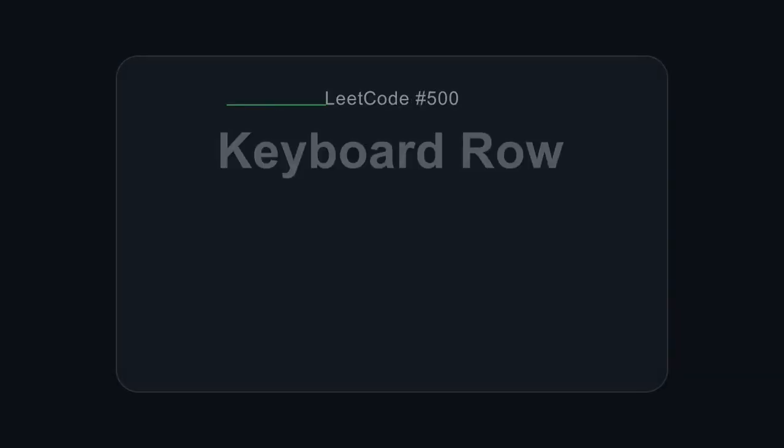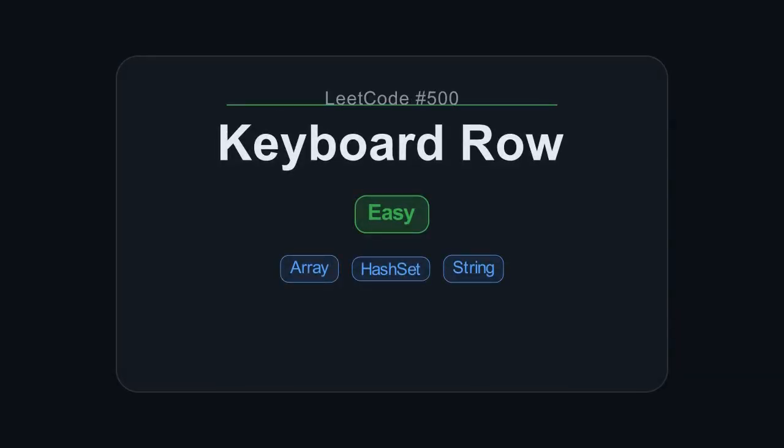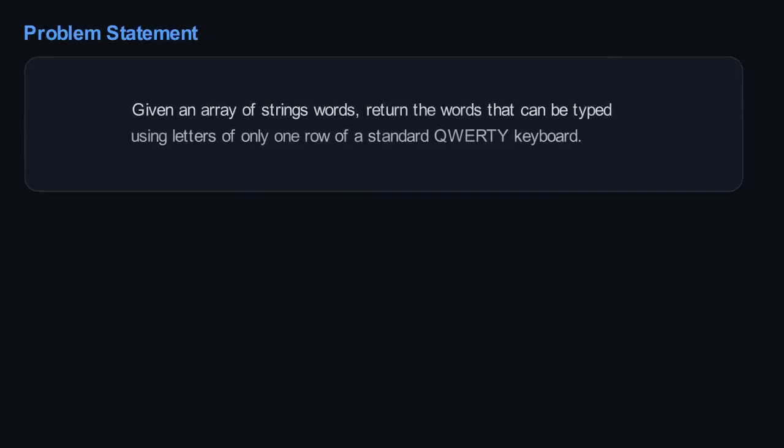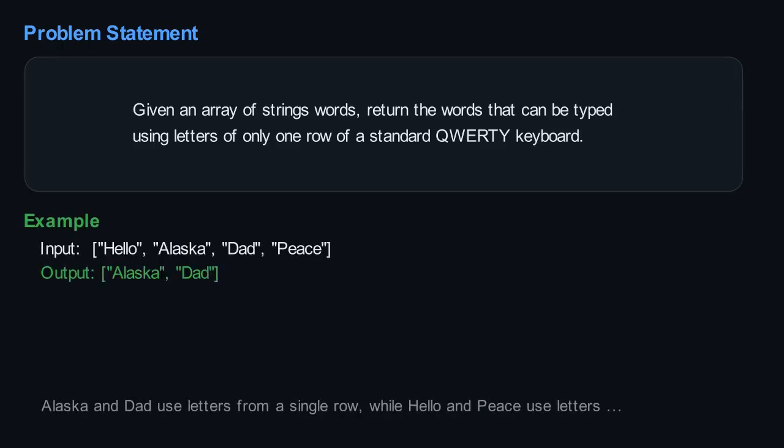Checking each word against 3 keyboard rows looks like it needs 3 nested scans, but a single character to row map lets us decide in one pass. The problem gives you an array of words. You must return only those words that can be typed using letters from exactly one row of a standard QWERTY